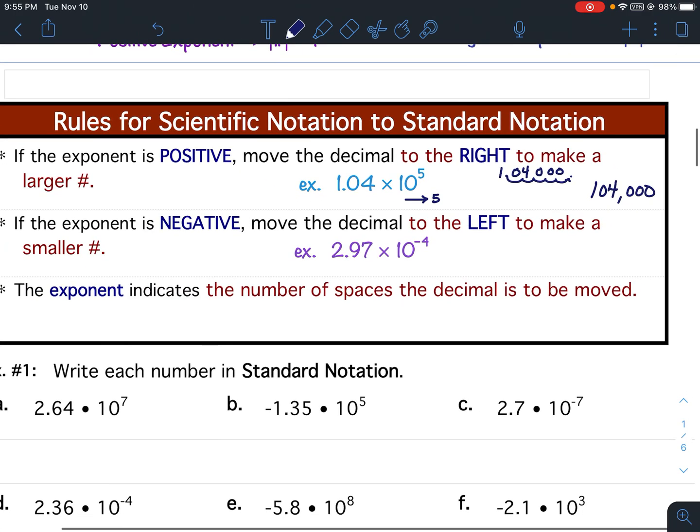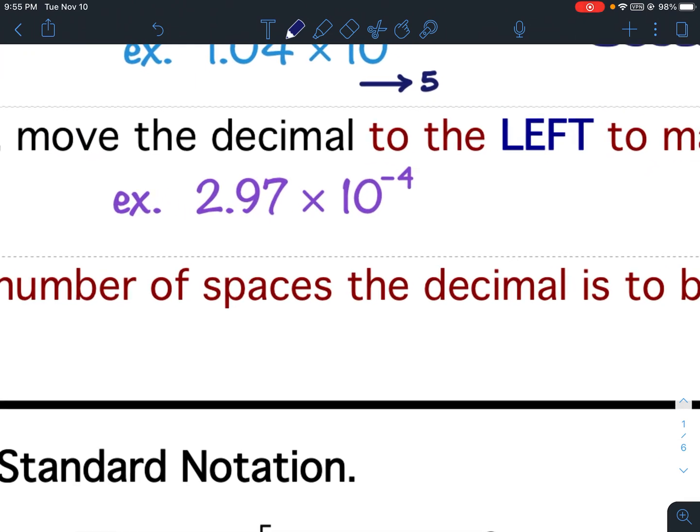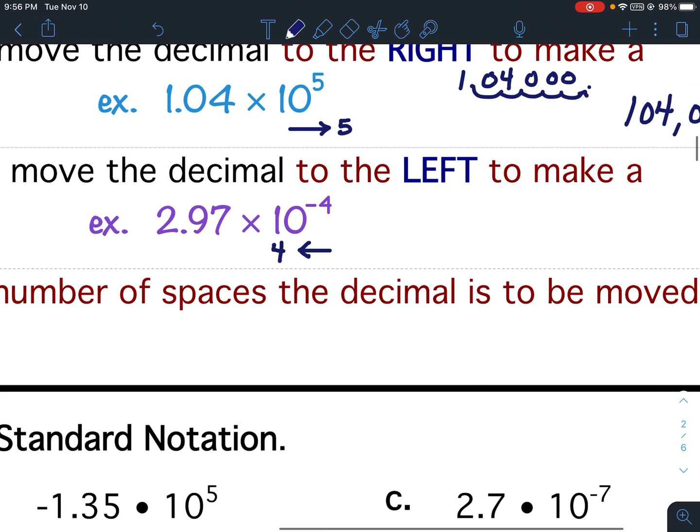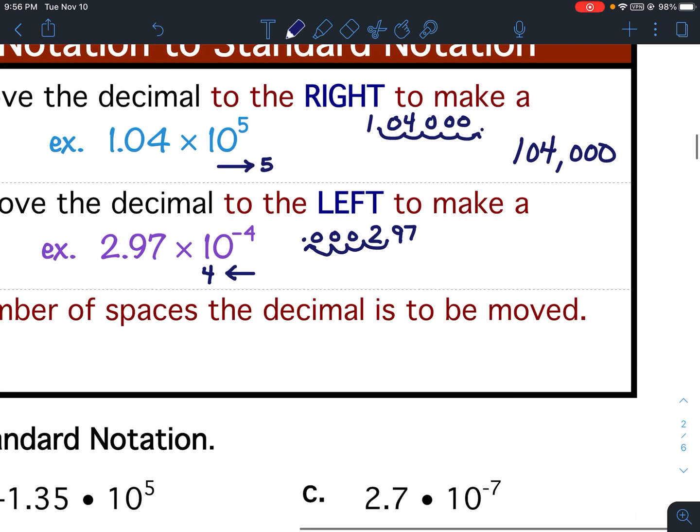If the exponent is negative, you move the decimal to the left. Make the number smaller. So the example of 2.97 times 10 to the negative fourth, we're going to move the decimal 4 spaces to the left. One, 2, 3, 4. And again, filling these in with zeros. So this one would be,